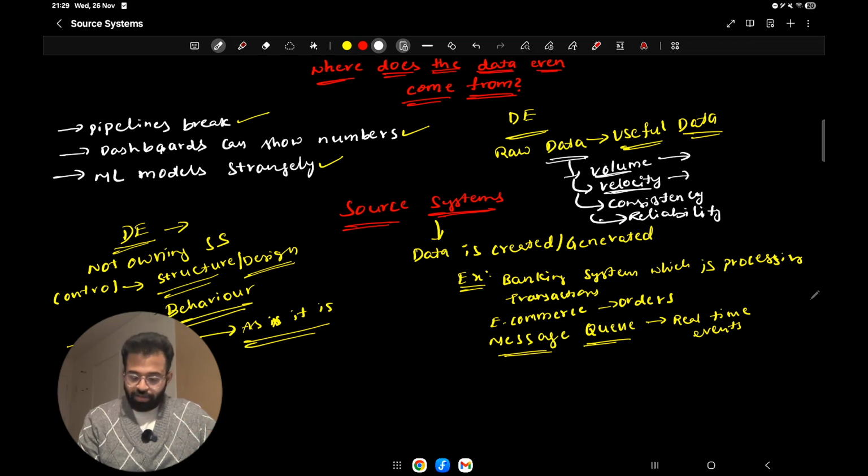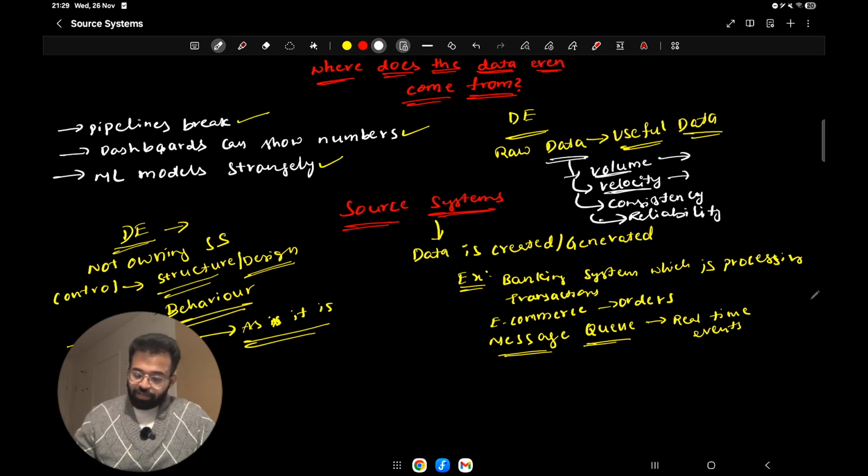Okay, so what do I mean by the speed at which it is generating the data? Some source systems can be generating only a few tens or thousands of transactions in an entire day, but some source systems can be generating maybe millions of transactions in a few minutes as well. That can happen, especially in this digital age. Trust me, guys, that is super common.